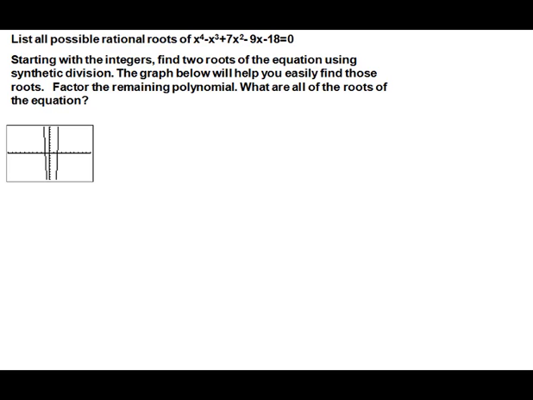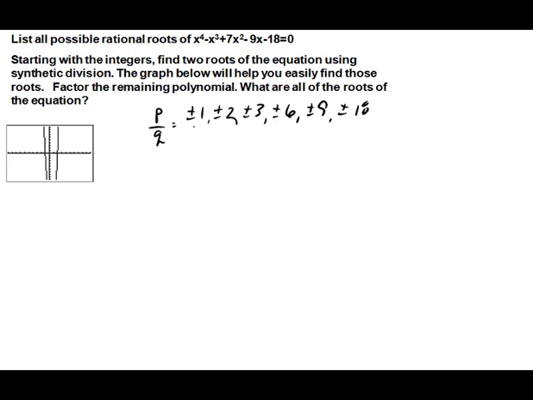Okay, list all the possible rational zeros of x to the fourth minus x cubed plus 7x squared minus 9x minus 18. So we'll use the rational zero theorem. Again, we'll list all the roots of p over q, where p are factors of the constant term, which is plus or minus 1, plus or minus 2, plus or minus 3, plus or minus 6, plus or minus 9,